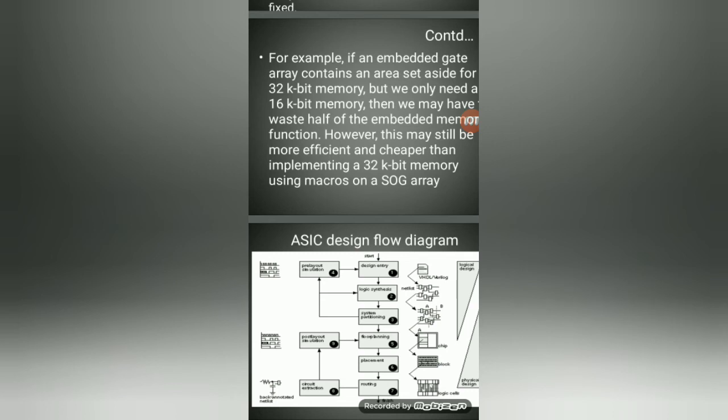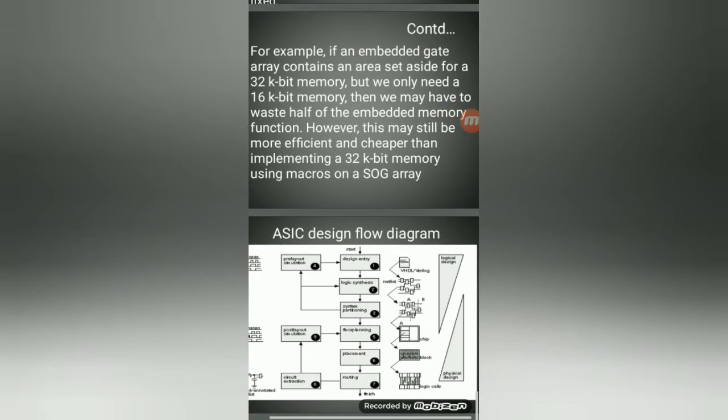Next is synthesis, the process of converting the VHDL code into logical blocks. Once synthesis is completed, the synthesis output is called a netlist. When the netlist comes out, the system could be implemented directly, but it is difficult. That's why it is converted into subparts, which is called system partitioning. When system partitioning is completed, next we go for floor planning. Floor planning is the process of identifying the approximate location of the logical blocks in order to reduce the size. Once the location is found, next we go for placing the logical blocks at the identified locations.